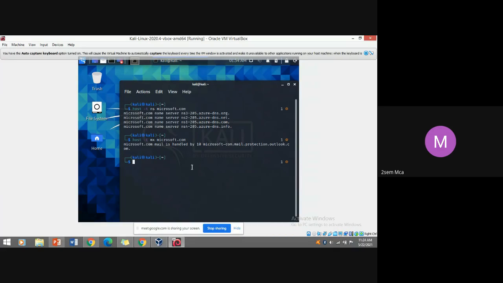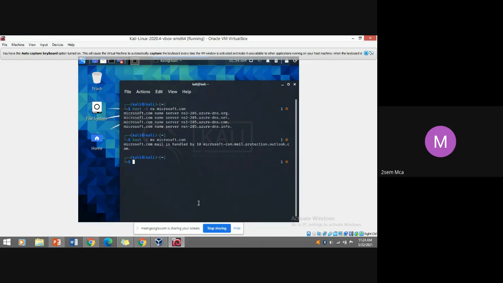See, Microsoft-com.mail.protection.outlook.com. This is the mail exchange server maintained by Microsoft. Clear? This is about the information collection demonstration regarding reconnaissance.